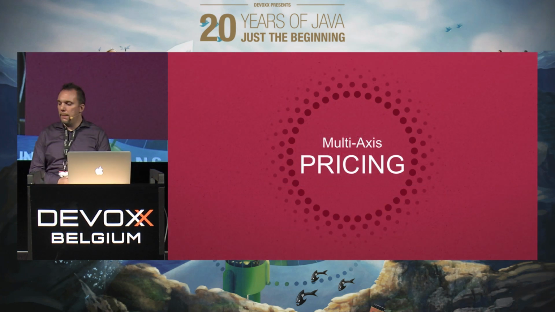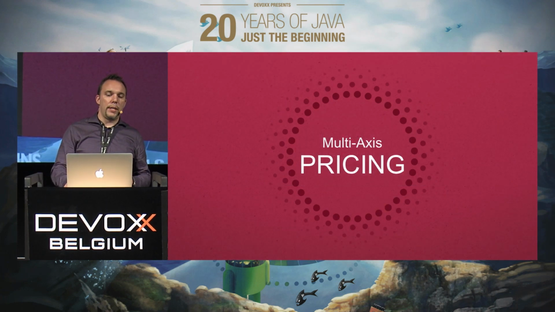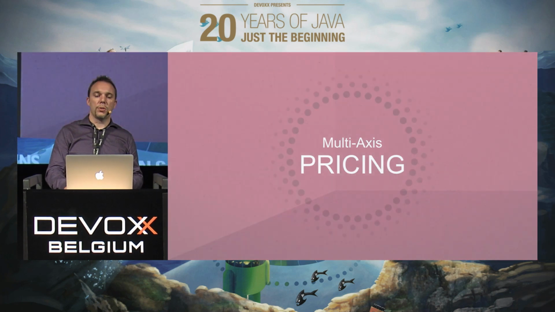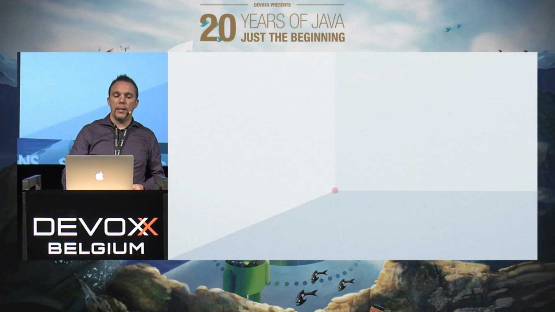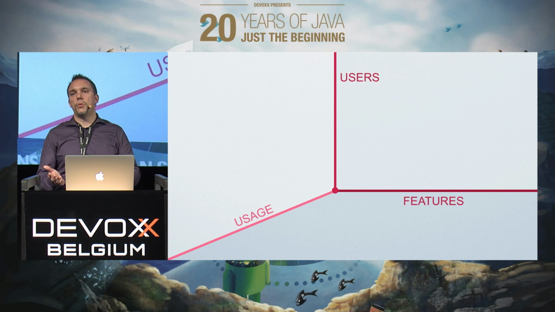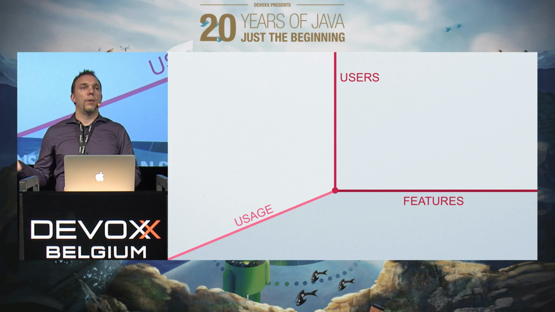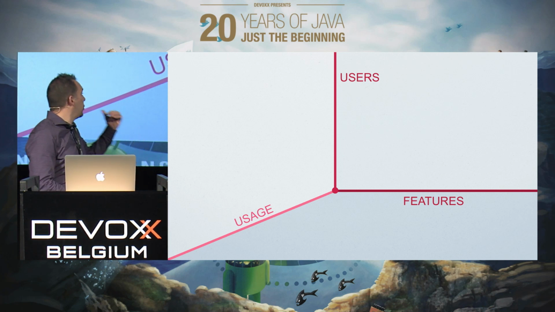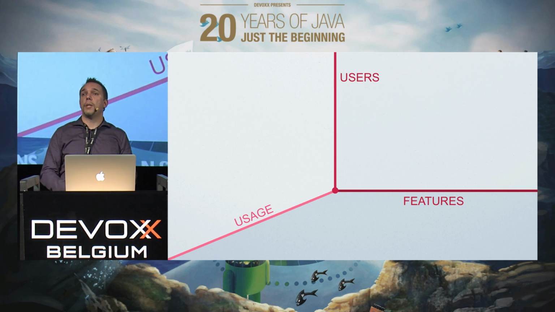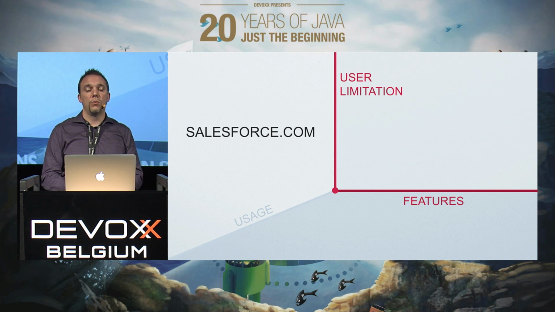Okay, let's look at multi-access pricing. That's also typically for SaaS and online products. Typically, 2 or 3 axes are used. An axis on users, an axis on features, for example the premium package gets these features extra, or an axis on usage, like how much storage, Dropbox typically with storage. Salesforce, for example, uses basically 2 axes. They differentiate their price on users and on the number of features you're using.